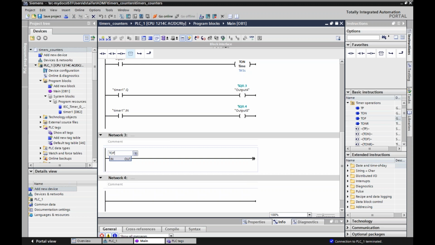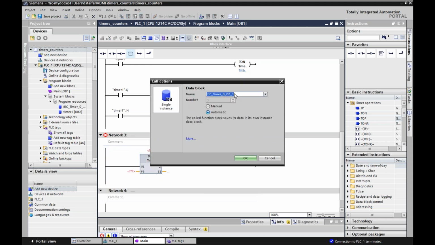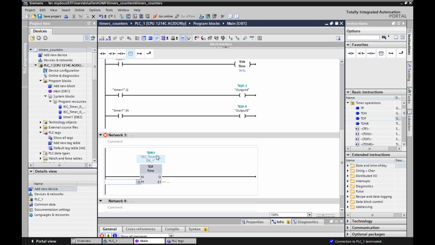And look, hit enter, and it will show up. And once again, it will say, hey, do you want to create this data block? This is the other reason I like the newer way of programming. I hit OK. Everything's hunky-dory because it's IEC timer 0 data block 1, and you'll see it showing up under